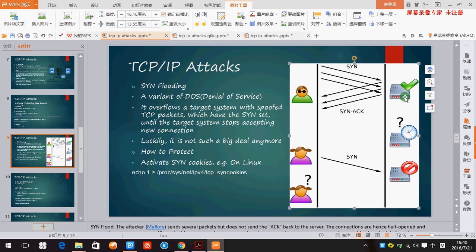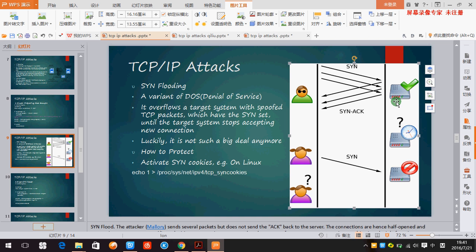As we know from the TCP three-way handshake, the server will respond to these SYN packets with an acknowledge packet, but the client, which is controlled by the attacker, will not send a packet back to the server. So the server will enter the half-open state,